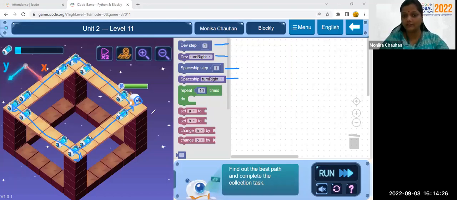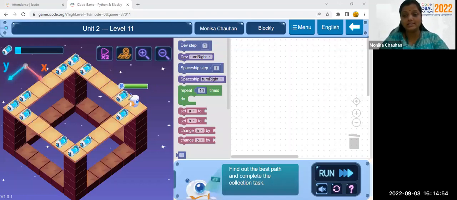okay, so what we have to do is collect all the items, and I can see that I have to follow the square route. I have to follow the square path to collect all the items. Now what I'm going to do, I'm not going to collect a single item at once. I will collect all the items which I can see in my path, right? So what I will do is,